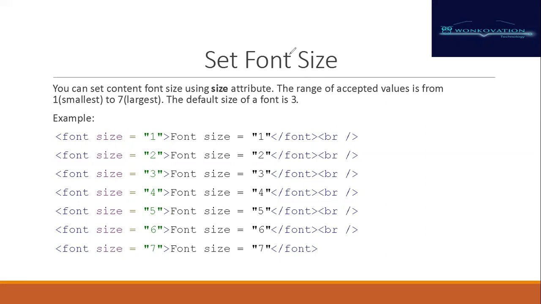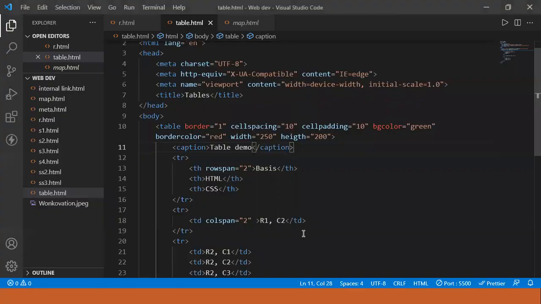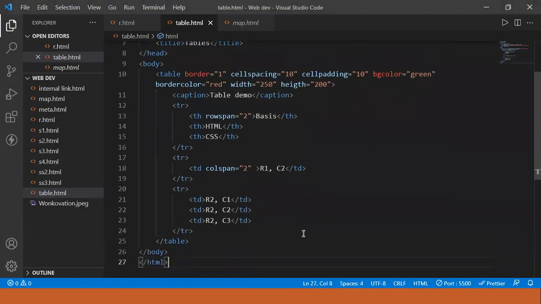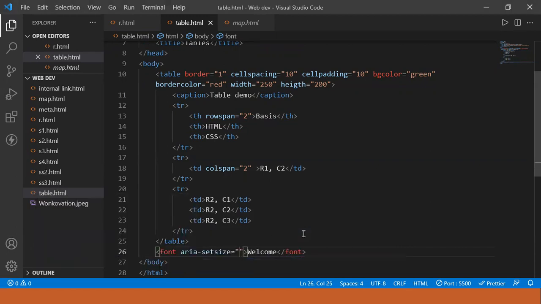Let us practically implement this. After the table, I am going to write the font tag, and inside that I'm going to write welcome, and try this: font size equals to, let us say, 2.